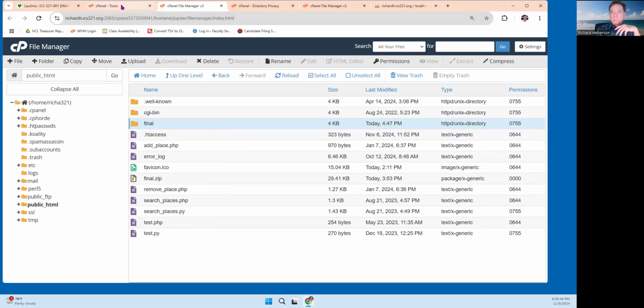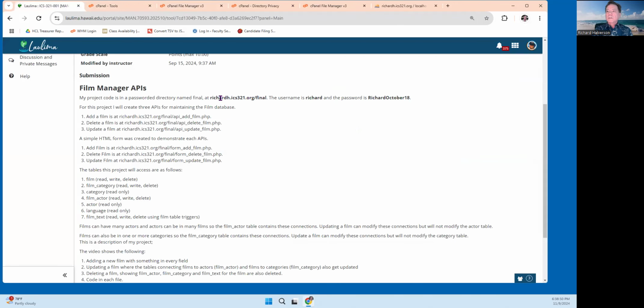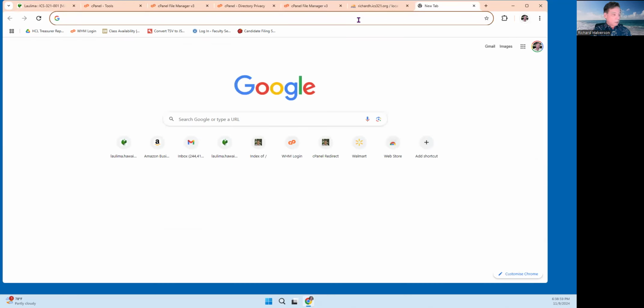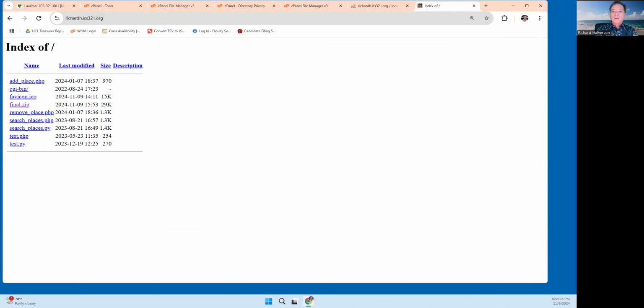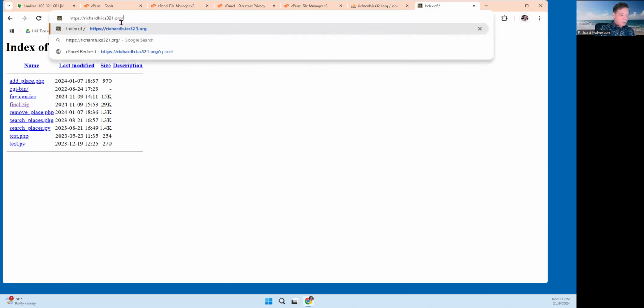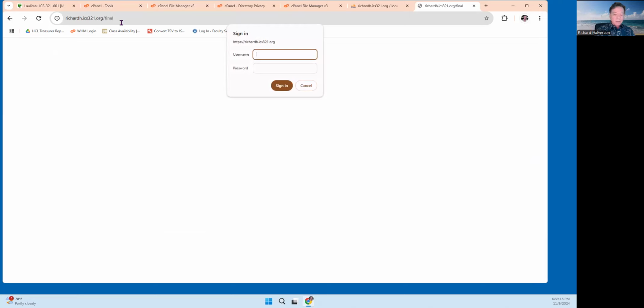Let me go back to here. So I've got this directory. Now, if you just go to my URL right here, because it's passworded, you don't see the final directory. You see some other stuff here. I've actually zipped it up here, but you don't see the final directory. You actually have to go directly to it. Final, that was the name of it. And then you have to type in